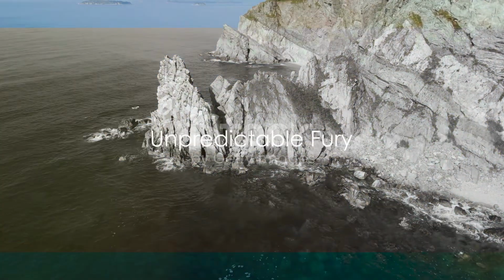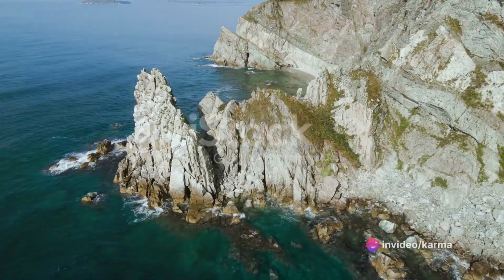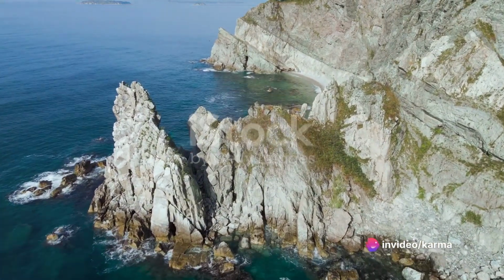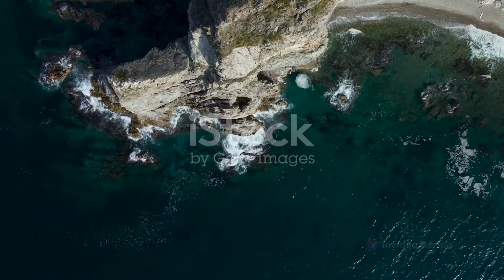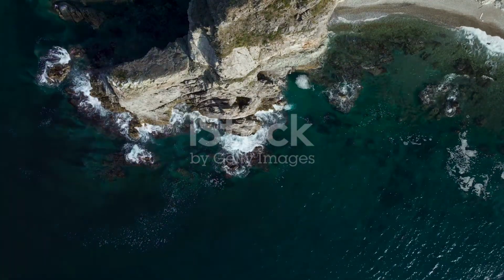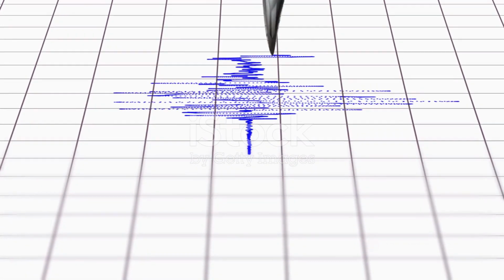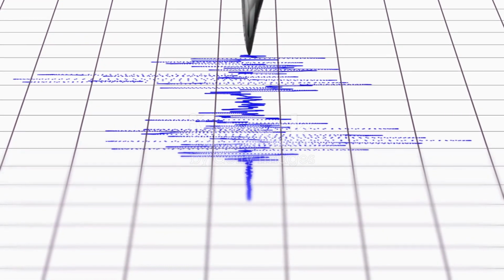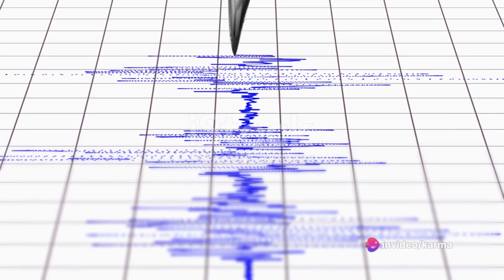What if I told you that predicting these violent outbursts of the Earth isn't as easy as predicting the weather? Yes, you heard it right. Despite our leaps and bounds in technology and scientific understanding, we still can't pinpoint the exact moment the Earth will rumble and roar. Let's take earthquakes, for instance. Sure, we can monitor seismic activity, identify potential fault lines, and even estimate the probability of an earthquake occurring within a certain time frame. However, nailing down the precise moment it will strike is something that eludes even the brightest